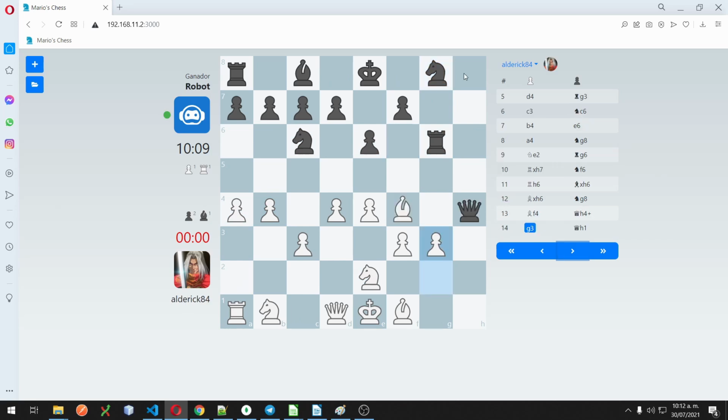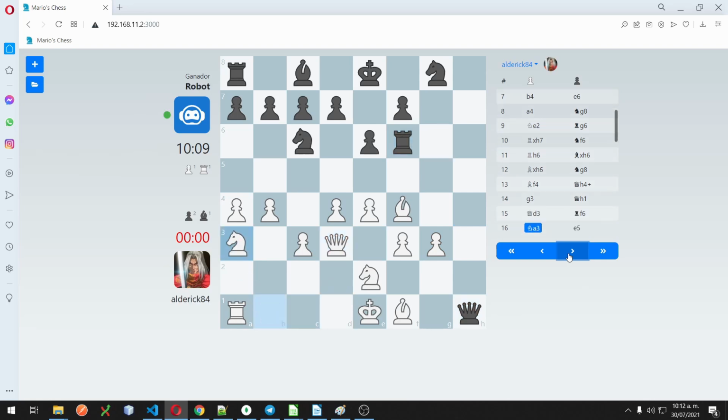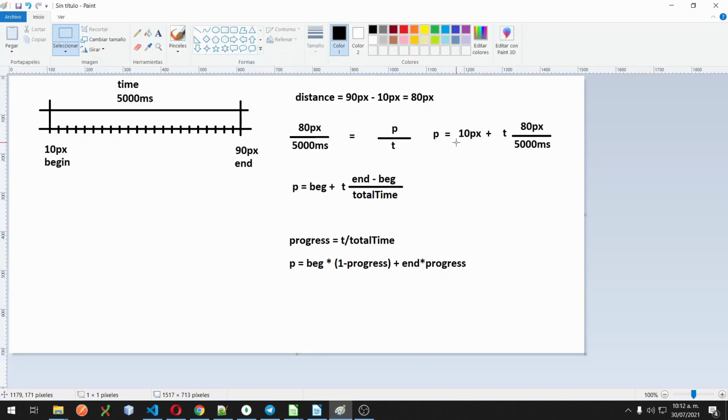and you can see the difference between the fake piece and the real one. To create these animations from source to destination, what we're really doing is moving the fake piece a little bit every time. And to do so, we are using a little bit of math that I'm going to show you here, but don't get scared because it's something very simple.